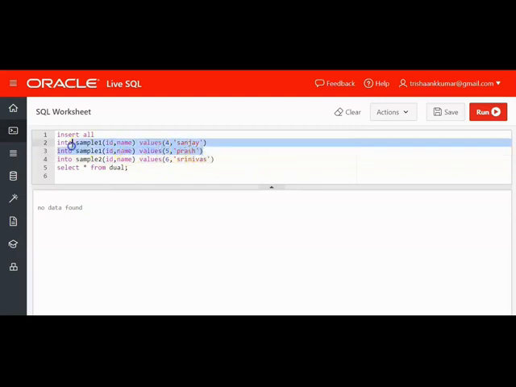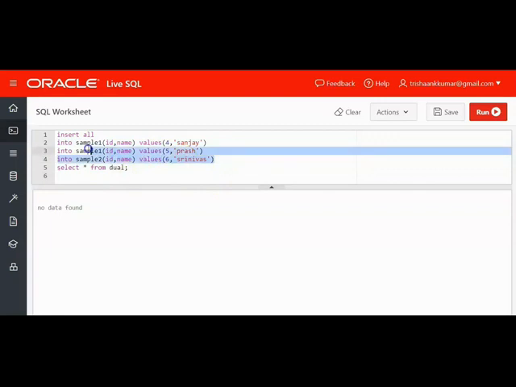So I am inserting data in sample 1. So what this statement will do is that this will insert 2 records, 2 rows in sample 1 and 1 row in sample 2 within a single execution. With the help of insert, we can insert data only in one table, but with the help of insert all, we can insert multiple rows with multiple tables within a single cycle of execution. 3 rows has been inserted.